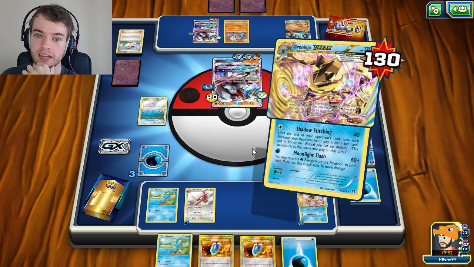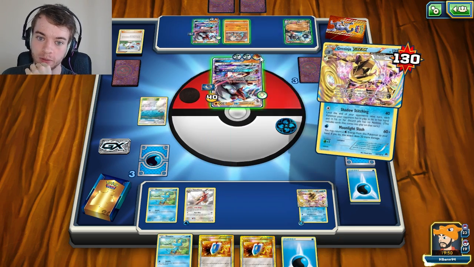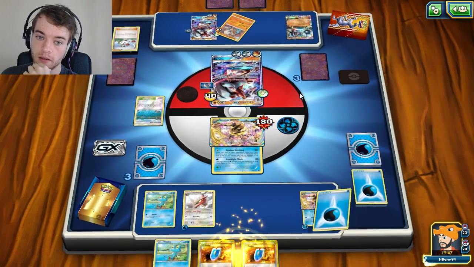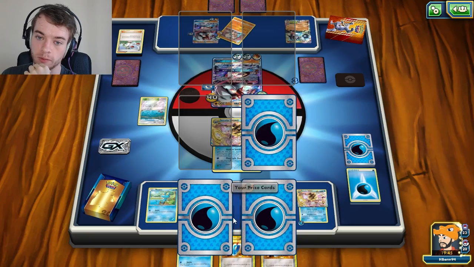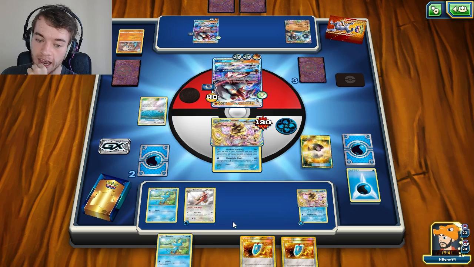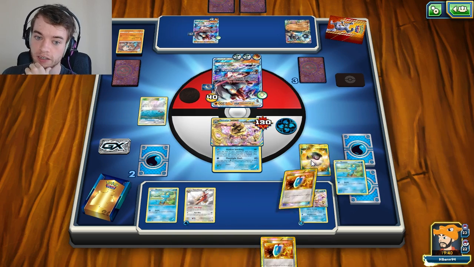I think I'm just gonna knock out the... This is a weird play. I'm just gonna knock out that guy, because that's gonna put me down to 2 prize cards, so any one of these I knock out now I'm fine with. I am going to Sycamore, because he's only got 2 cards in his hand as well, and